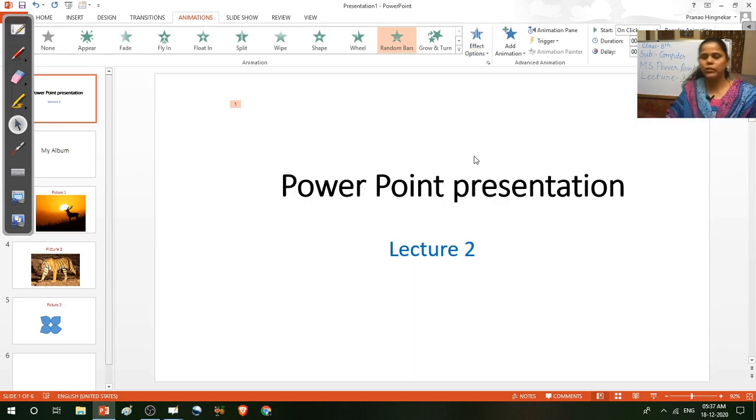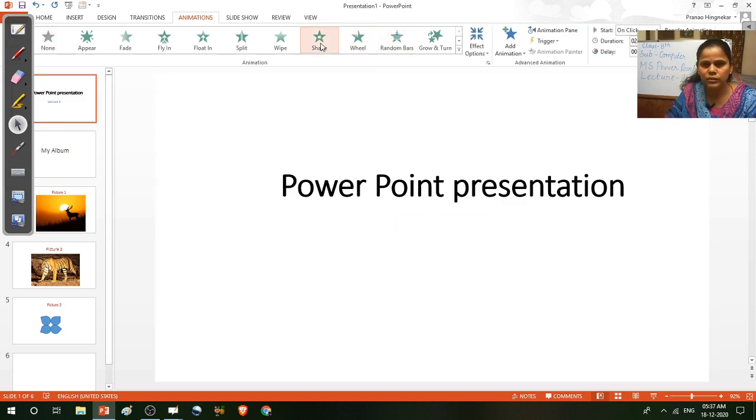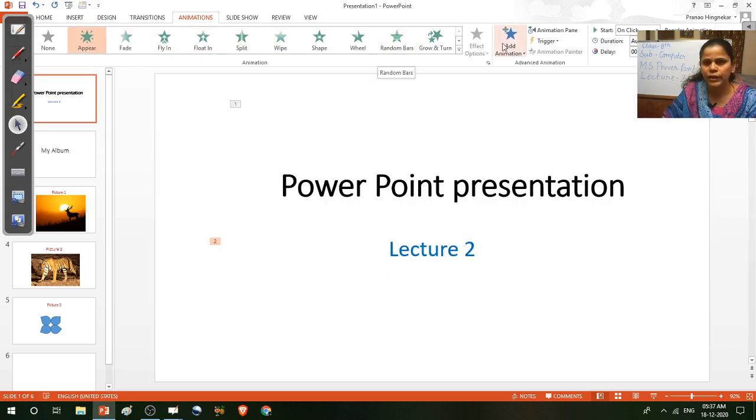So in this way you can set your presentation. Then again select the next title, subtitle, lecture 2, and set any specific animation, shape, or appear. Then you can set the time using this drop down arrow, up or down.